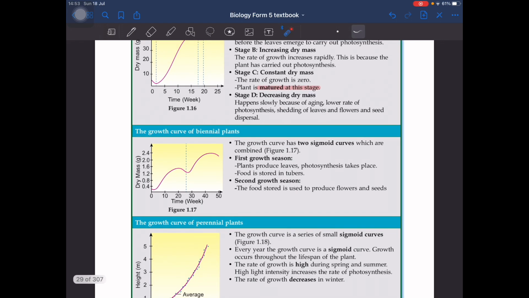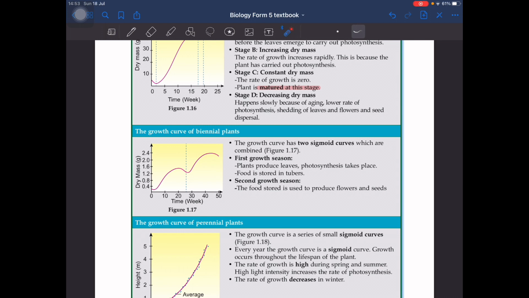And then we have biennial plants. So for biennial plants, you have a bit of two sigmoid curves. The first one is like this, and then the one for the second half of the life cycle. In the first growth season, of course, you have germination, which is why you have a slight small dip right here. Okay, as you can see, it does dip a bit. So germination, and then it immediately goes on to produce leaves,